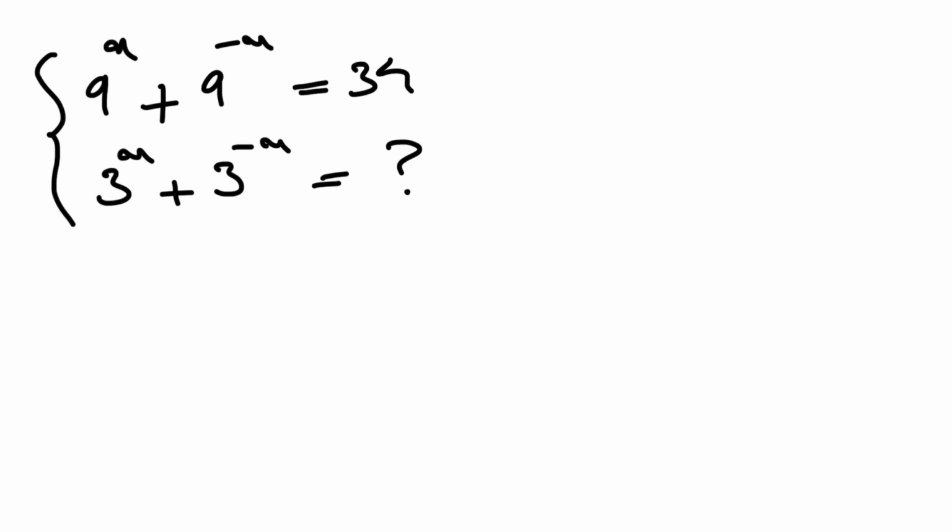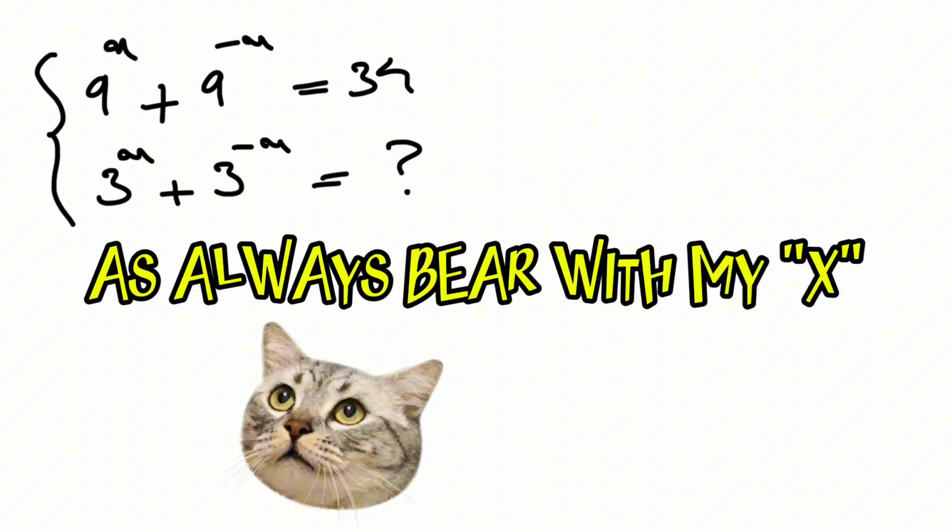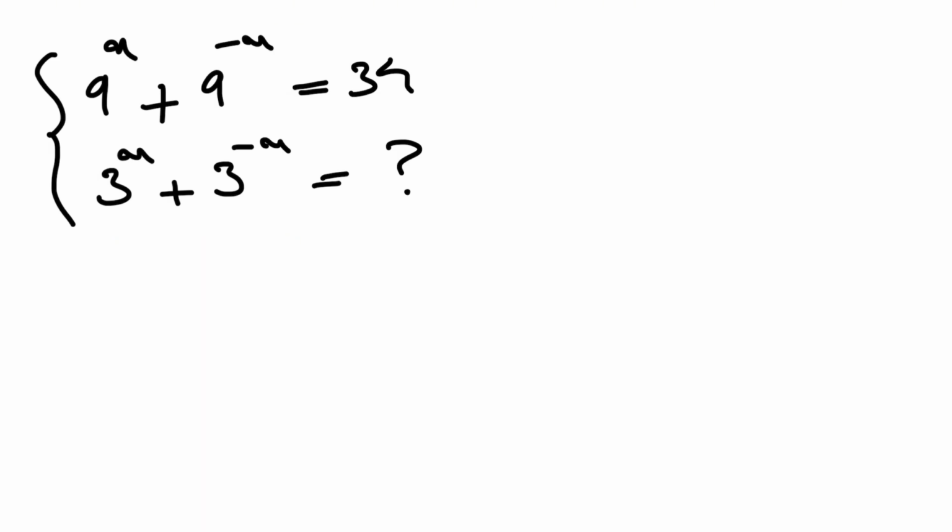We're going to be solving another interesting question, and we have 9 to the x plus 9 to the minus x equals 34, and we need to figure out the value of 3 to the x plus 3 to the minus x. So before we start, let's just go over some laws of exponents, where we have a to